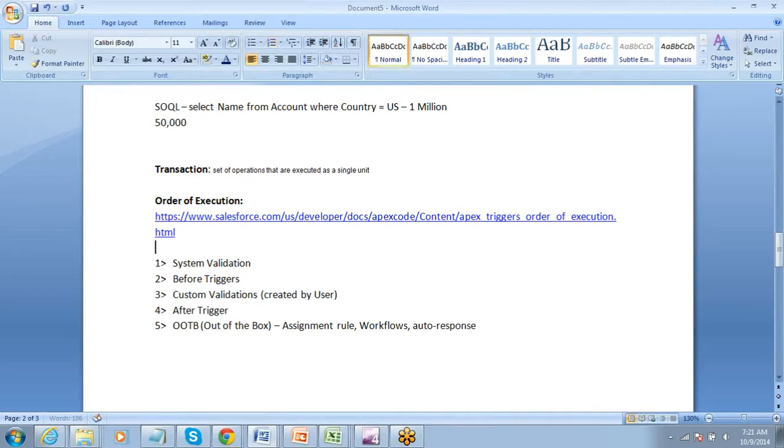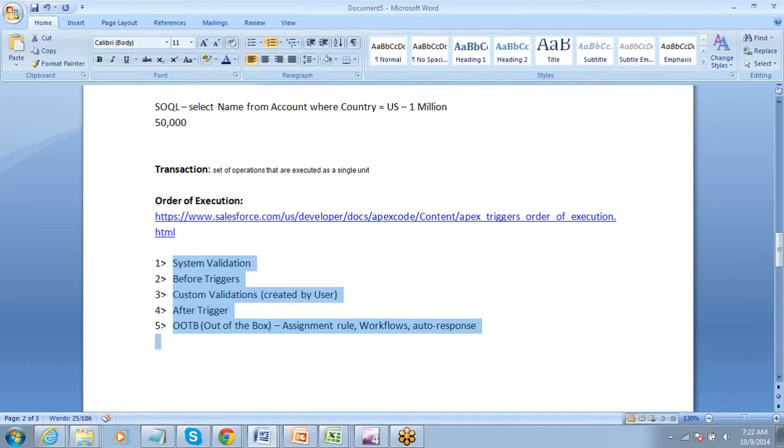So this complete thing starting from here till here is a transaction. Got this? This entire thing is a transaction. Whenever you are doing a DML, these are the things that happen in this order of execution, and this entire thing is a transaction.